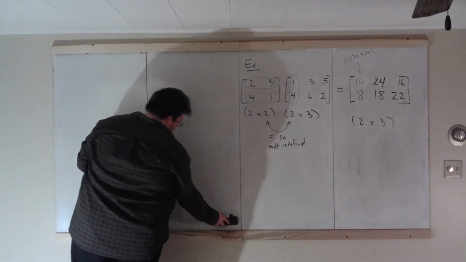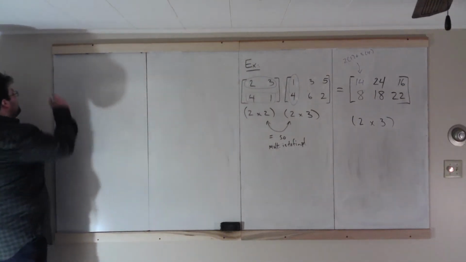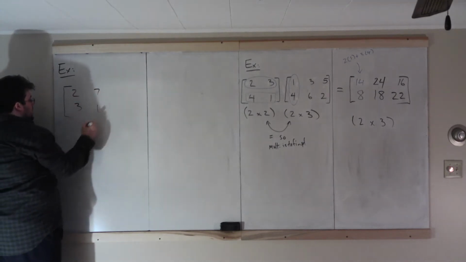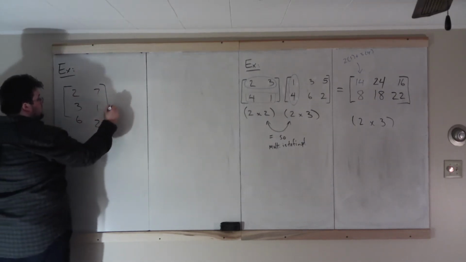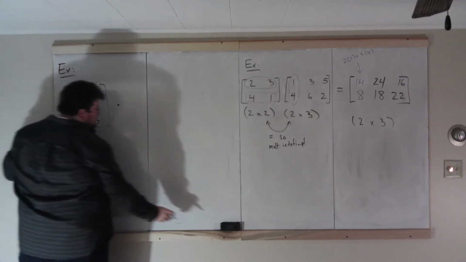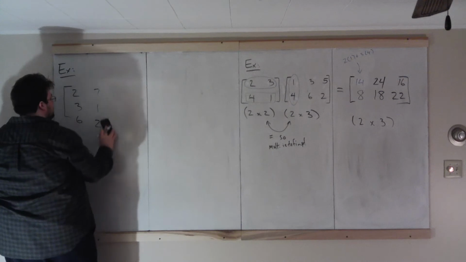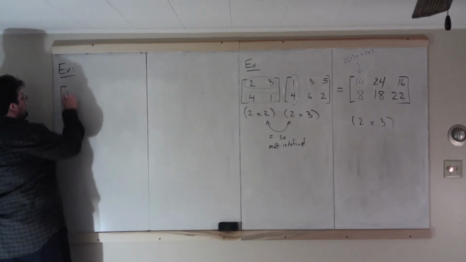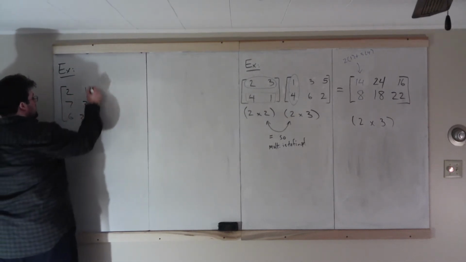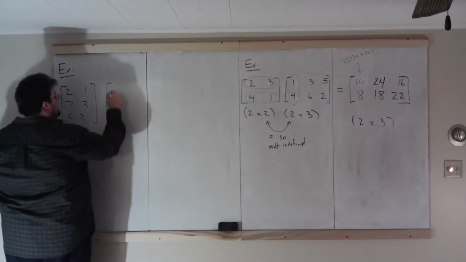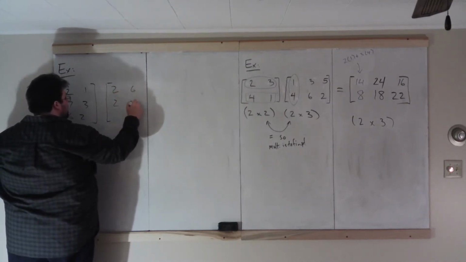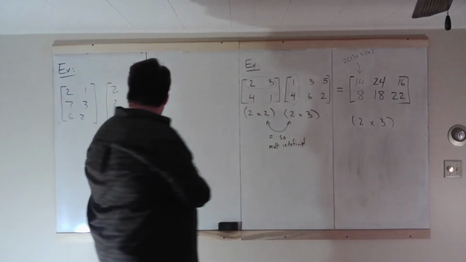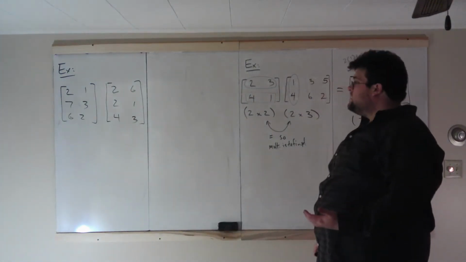Let's throw some negative numbers on. Well, this next one's not going to be defined, so it doesn't matter if we put negatives. Example. 2, 7, 3, 1, 6, 2, times, I'm not going to write the times dot, but I am going to move these over a little. 2, 1, 7, 3, 6, 2. How about let's do this? 6, 7, 2, 1, 4, 3. Yeah, I didn't say the right numbers. So first, is this defined? Well,